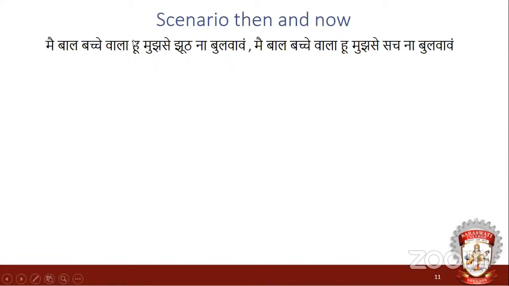One more scenario I want to bring to your notice. I think 15, 20 years back, if you read these statements, the first part was true. But nowadays,